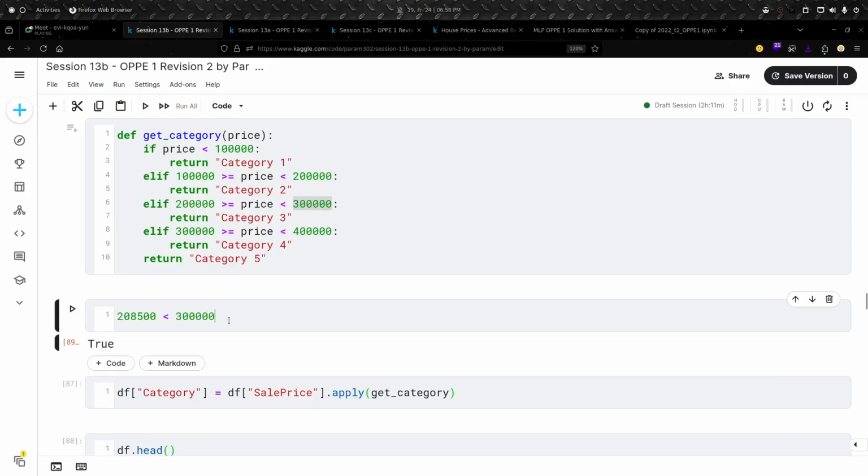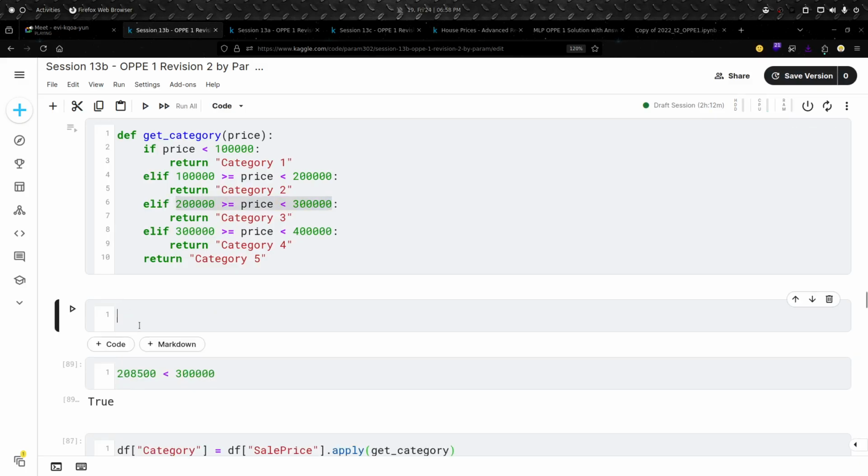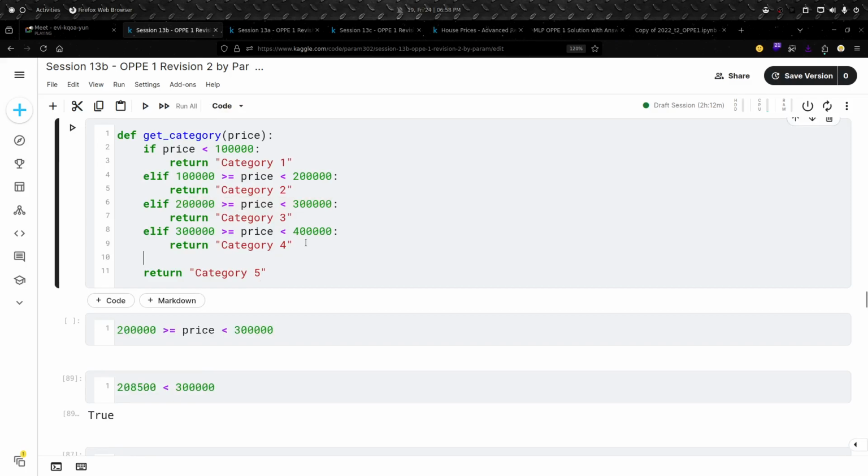Oh yeah, sorry, 3 lakhs. So this is obviously lesser. Can you use an else statement after the last elif? Else, but that doesn't have an effect.